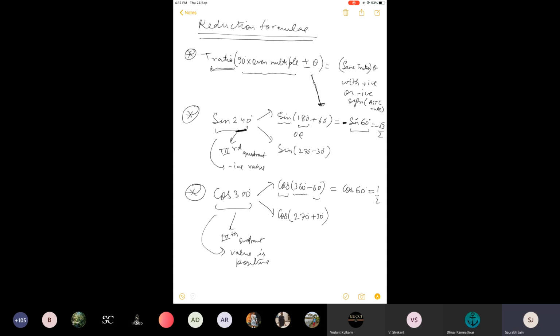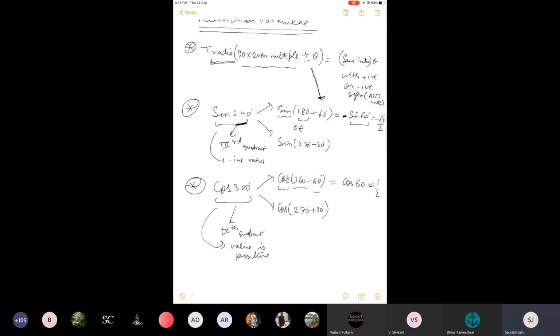It is a very simple rule to apply. You can apply it very easily. Now let us try to understand the second rule with odd multiple of 90 degree. So a little change will be there. With the help of that rule, we will be able to give the answers to the lower ones.